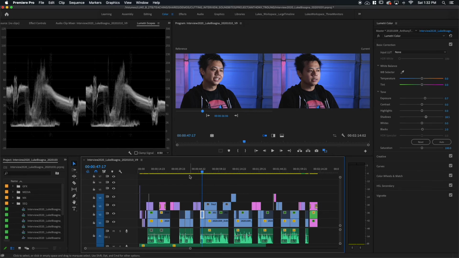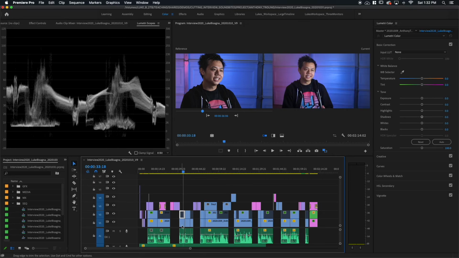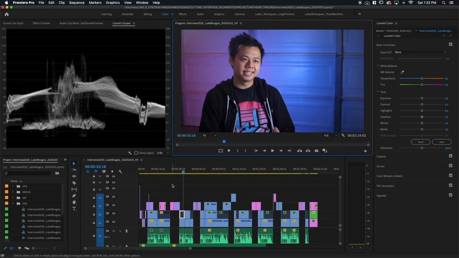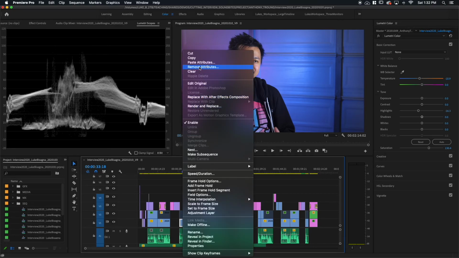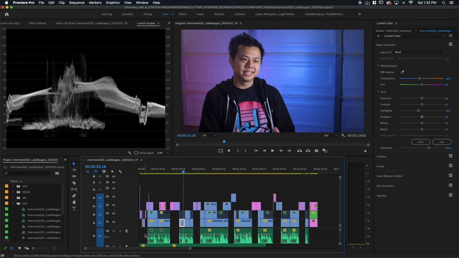So I want to do the same thing with my wide shot here. Let me get out of comparison view here real quick. And I'm going to, again, right click, choose copy, and then click here and hold Shift and click on that one.